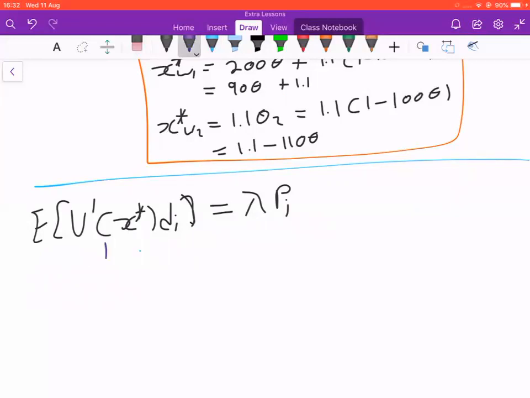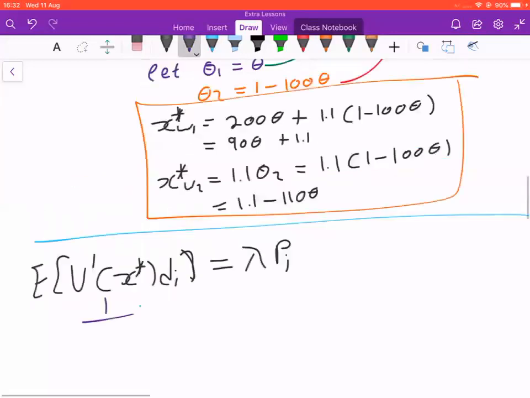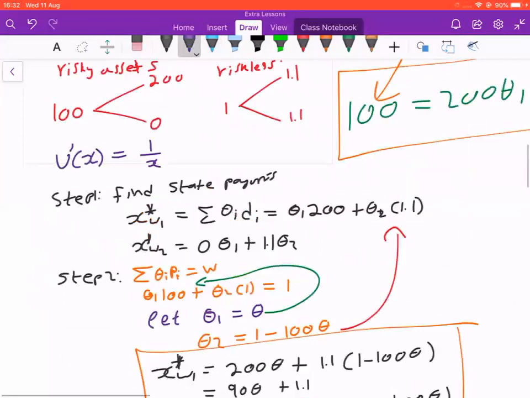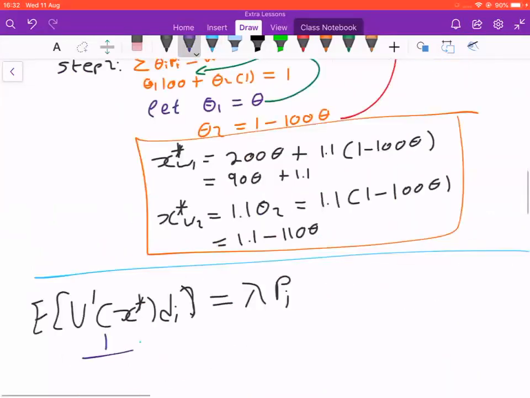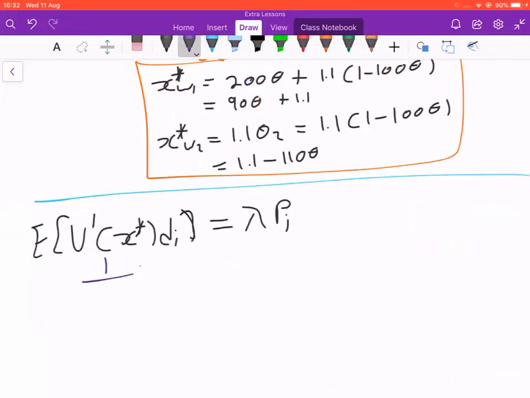You will have 1 over x, because the first derivative of ln x is 1 over x, right? So you will have 1 over x times p of i. So it's basically the expectation of this